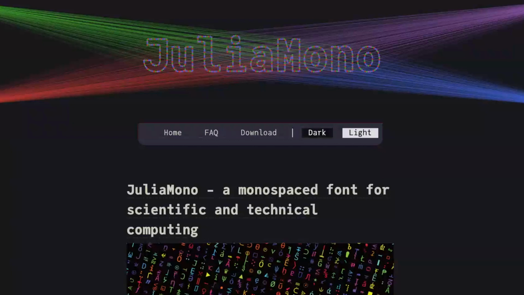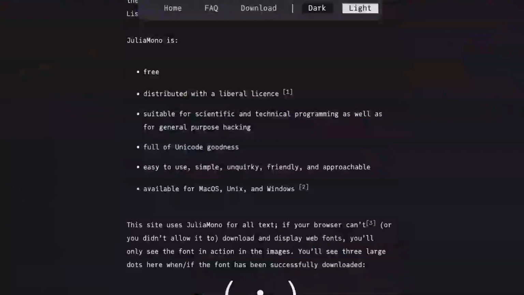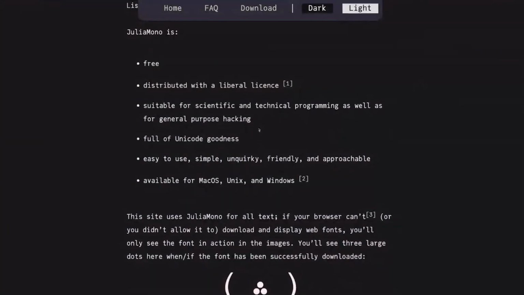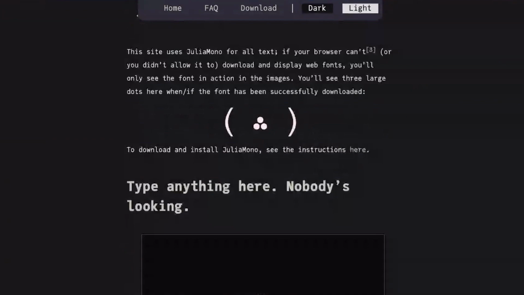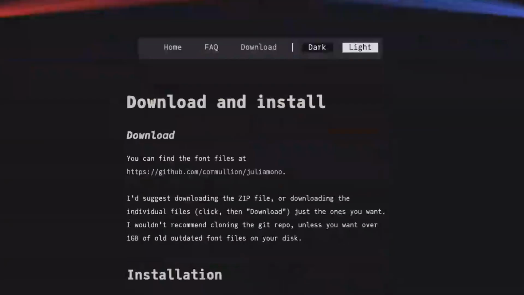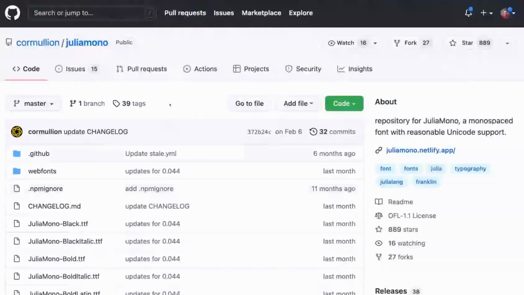And it says JuliaMono is a monospaced font for scientific and technical computing. And the whole website is in the JuliaMono font, so you can see exactly what that font looks like. It's totally free. It comes with a very liberal license. And it says it's suitable for scientific and technical programming as well as for general purpose hacking and full of Unicode goodness. The way that will work on any operating system is you can go to their GitHub repository,